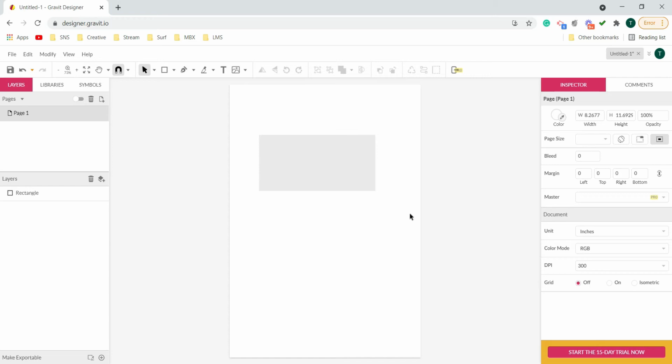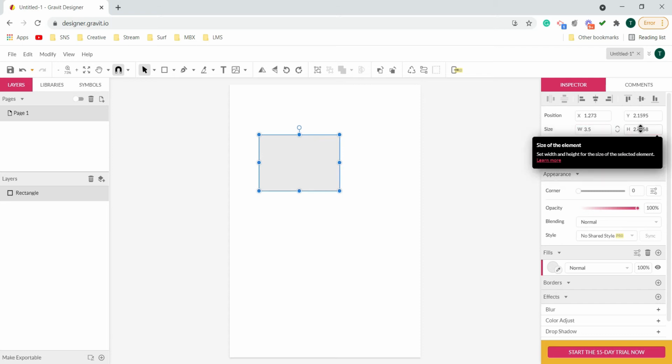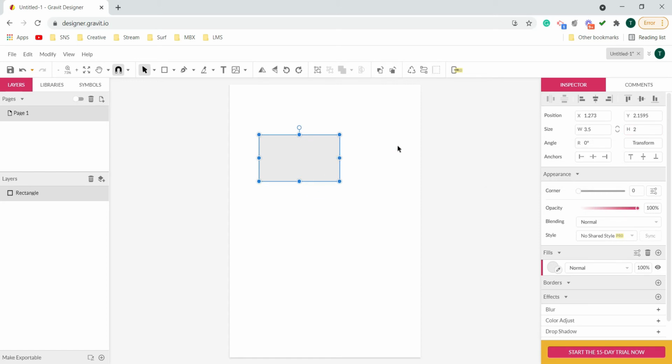All right, so make sure to select the rectangle if I want to change the size of this rectangular shape. Now once it is selected, I'll come here. So width I need to make 3.5 inches. So I'll click on this and I'll type the value 3.5. Then for height I need to make it 2 inches. So I'll simply type 2 and press enter. Now this is a standard shape for the visiting card.